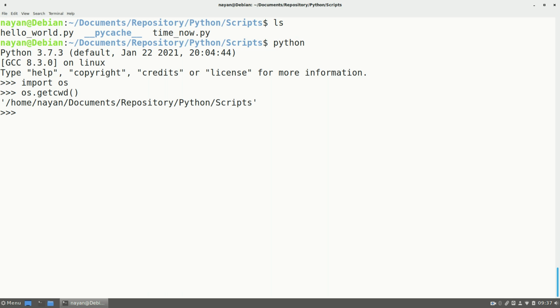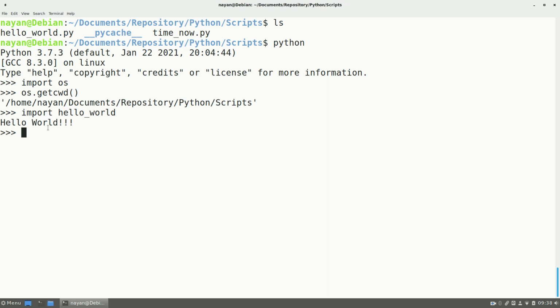Okay, so now as I mentioned, from the Python shell we have two different ways to execute any Python script. First of all, we will see the first way. The first way is to import that particular script. So import hello world. You can see that it has executed that hello world script and returned us the hello world statement. So over here, hello world is my script name, hello world.py, and I am importing it.